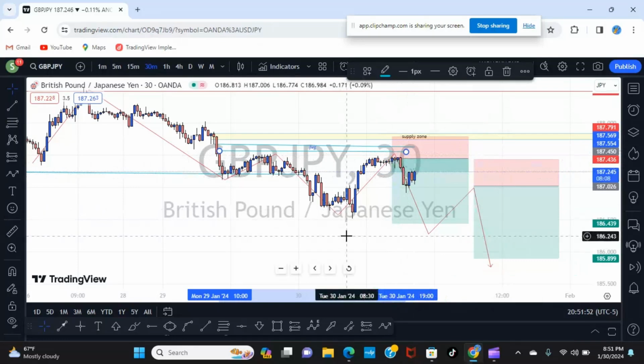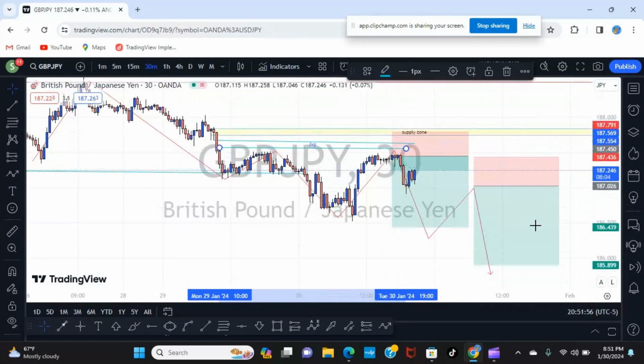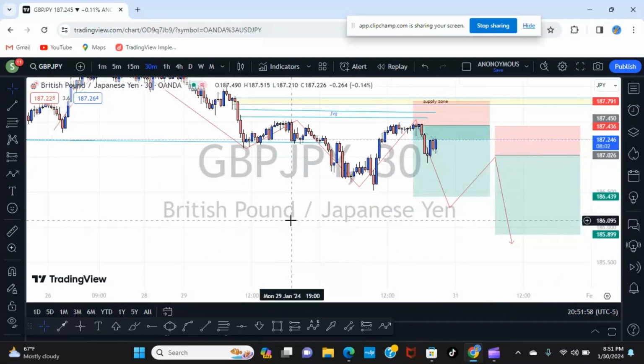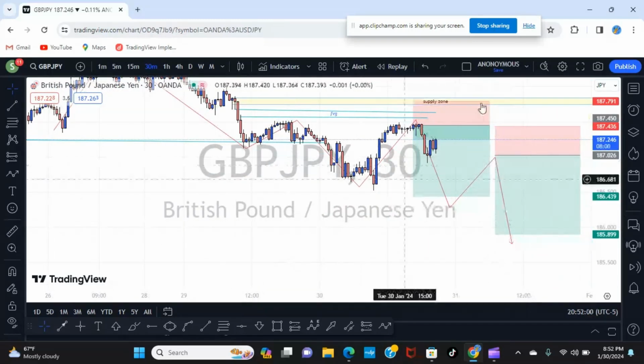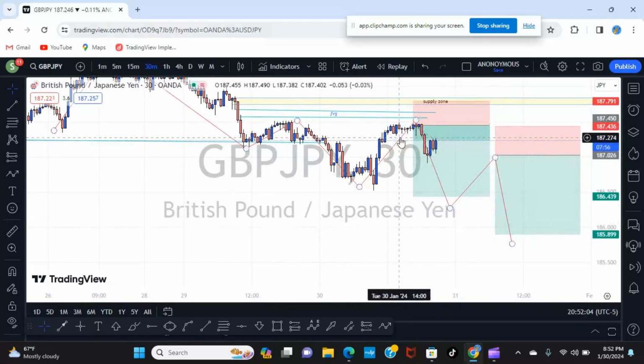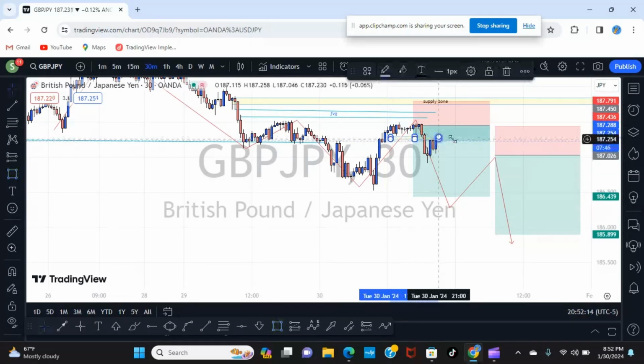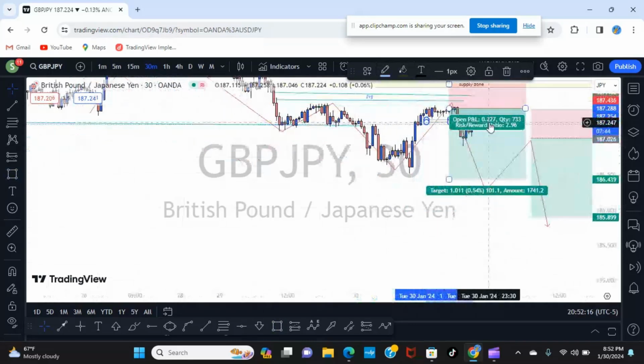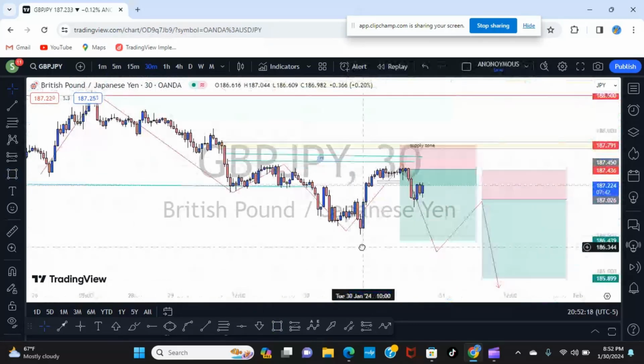So tomorrow, London kill zone, we're gonna wait for another sell setup on GJ. Okay. So right now the market is retesting this zone right here. I'm gonna mark out right here. This is a zone right here. So the market is gonna retest it before I sell again. Okay. So